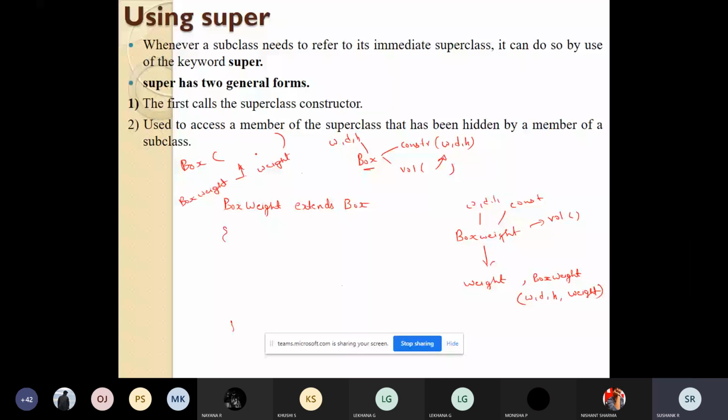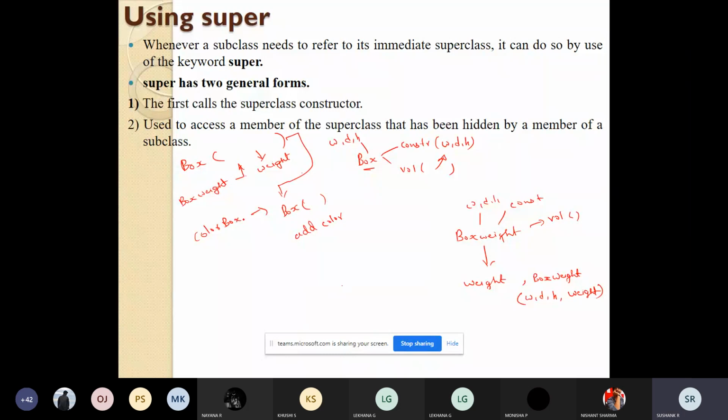Similarly, I'll create a class called color box. For this color box, I will take the features from the box super class, and I will add a color feature. This is the advantage of using inheritance.